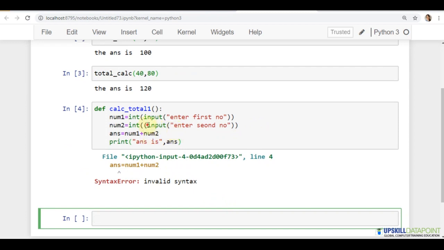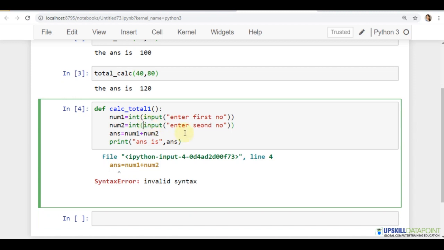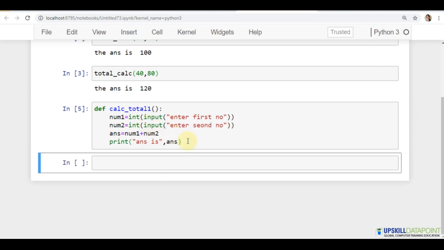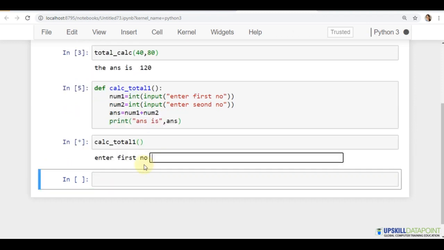Okay, so we just need one bracket here. Clear? Okay, now let's call this function calci total 1. There were no arguments, so we are not going to pass any arguments here and execute.